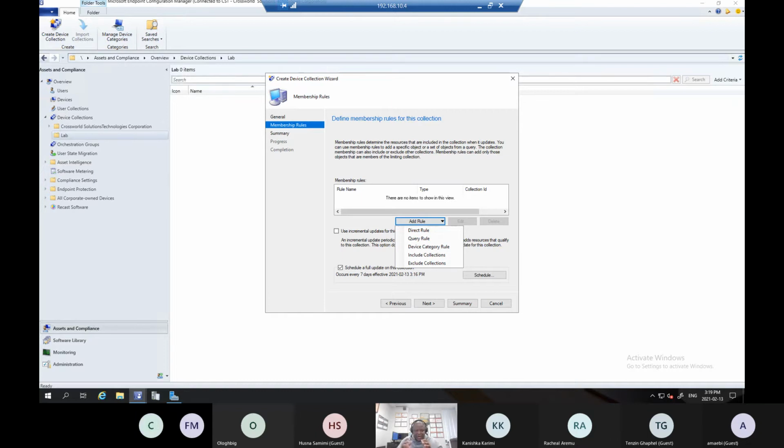Members or machines within another collection you can bring them together to form a new collection. So if the included collection changes, Configuration Manager will update the membership of the current collection on a schedule. So it means that you don't joke with your scheduling, which is here. You see, by default it says 7 days, but you change it to how often you want SCCM to refresh